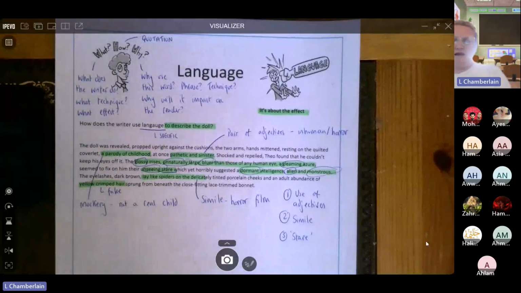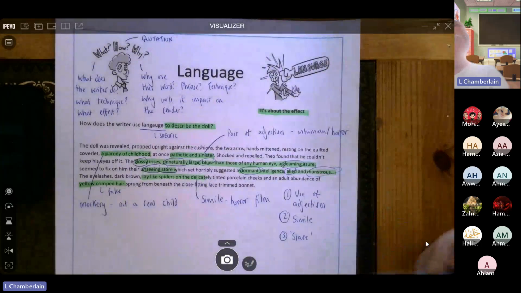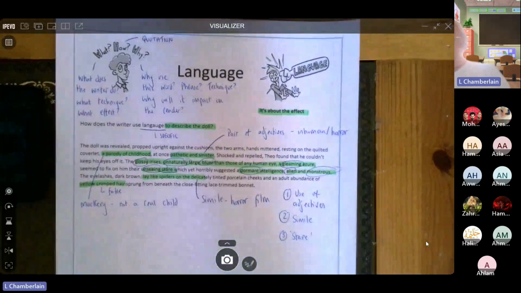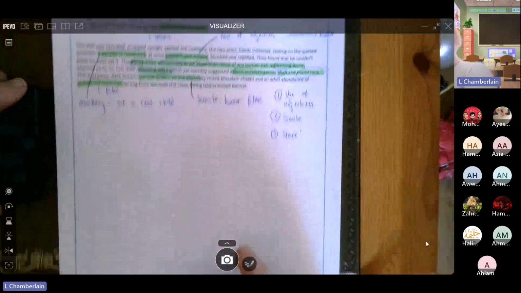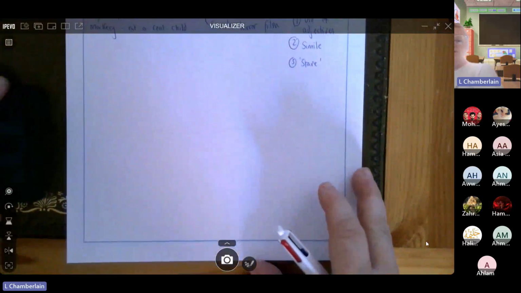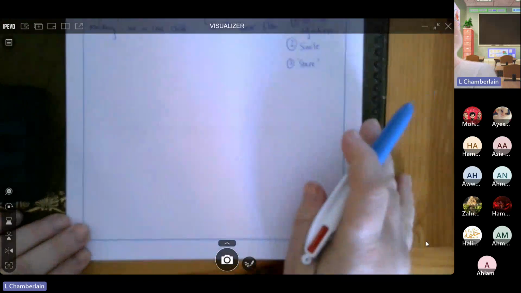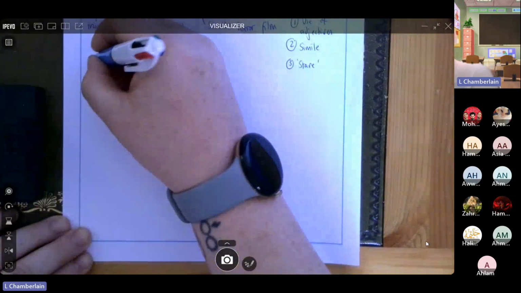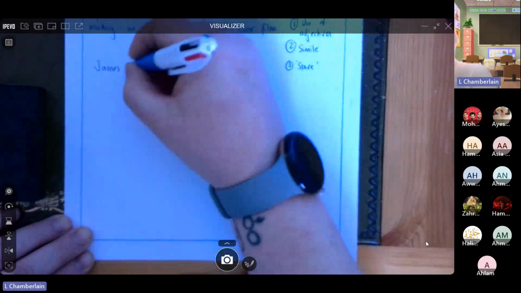Now, I'm not going to take up a lot of time having a go at writing out a full answer. I'm just going to show you how I might start. I would suggest that you copy down this model as I go, listening to what I'm telling you, and then have a go in your own time at finishing this off, perhaps using this plan of mine, and if not, using another couple of ideas of your own. Now, the writer of this source is a woman called P.D. James. So, in the interest of making sure we're writing as maturely and as critically as possible, we'll be using the writer's surname. So, I'm going to start by saying James employs